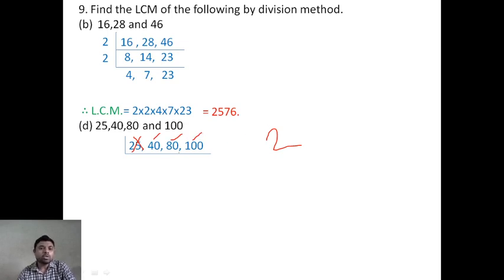Yes. Why? Because we can divide 3 numbers here, and as I have told, you have to divide minimum 2 numbers. Either 2 numbers or more than 2 numbers. Is it clear? So among these 4 numbers we can divide more than 2 numbers. So we can take 2 as the common prime factor. So let's take 2. If you take 2, what will it be? 25 will be 25. Why? Because you cannot divide 25 completely. So now it will be 20, 40, 100, and 100 will become 50.